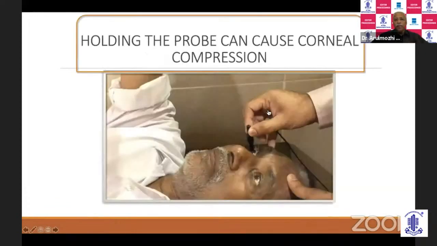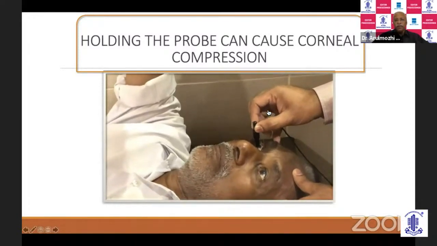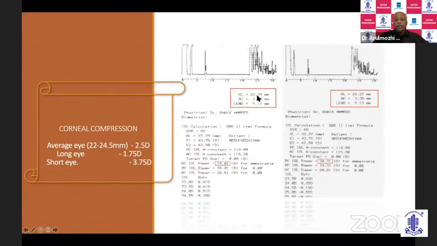Here you're holding the probe. Here the probe can cause compression on the cornea when you hold it with your fingers. Even the light pressure can compress the cornea and the readings can go slightly haywire. That's why it's better to hold the probe with the wire. So you can see here that the axial length is off by 0.1. The AC depth, you can see, is very different between one reading here and the other one there. And the spike also shows a drop, while here, the spike is almost at the same level. So this quality of the spikes is not good, as you cause indentation. So this reading should be discarded.